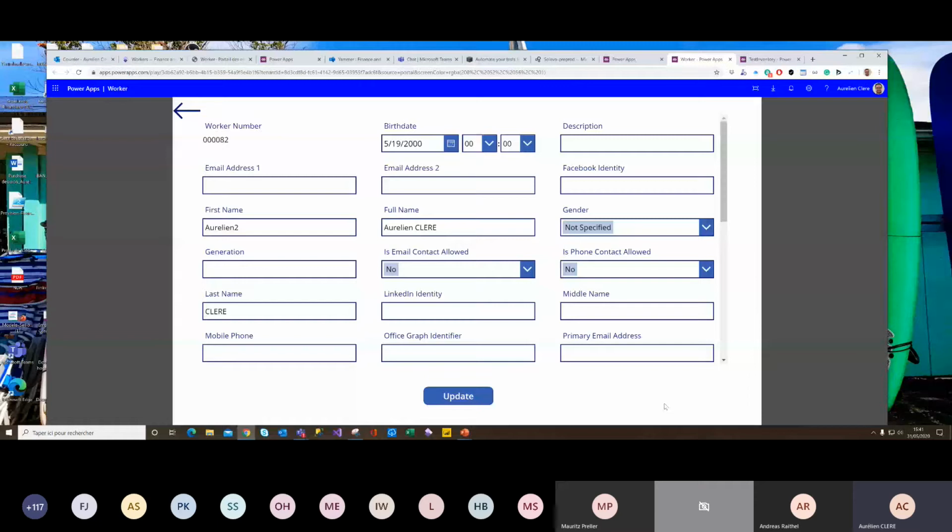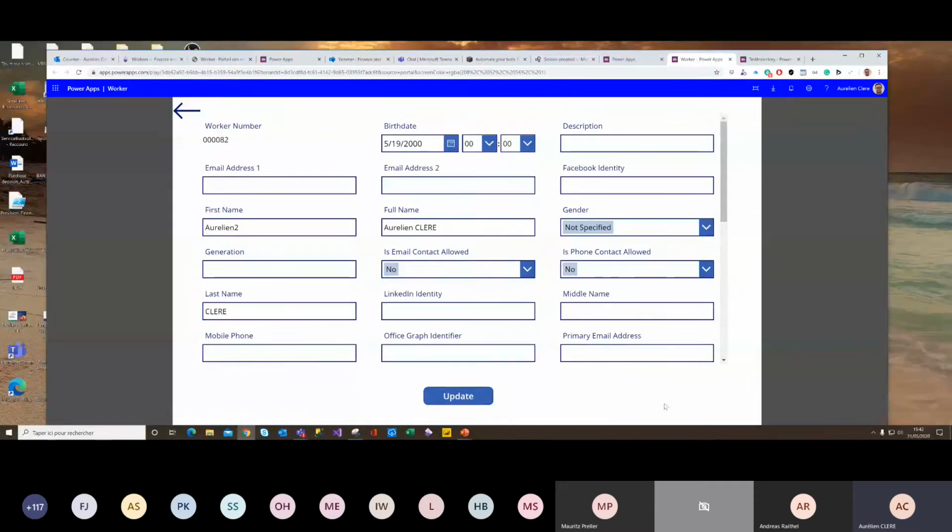It can take a lot of time, but with the Power Platform you can very quickly build a Power Apps app. When a sales manager wants to create a new vendor or new customer, you push this application to this user.